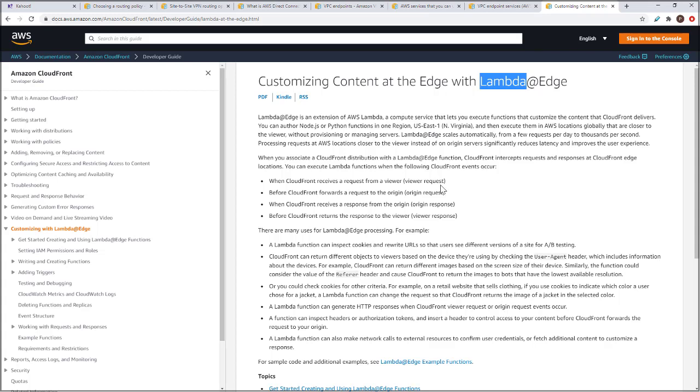So there are four places. When CloudFront receives a request from a viewer, it's a viewer request, and before CloudFront forwards the request to the origin, it's an origin request. Similarly, when the response comes, we have the origin response and the viewer response, and we will be able to run Lambda@Edge at any of these places based on what exactly we want to